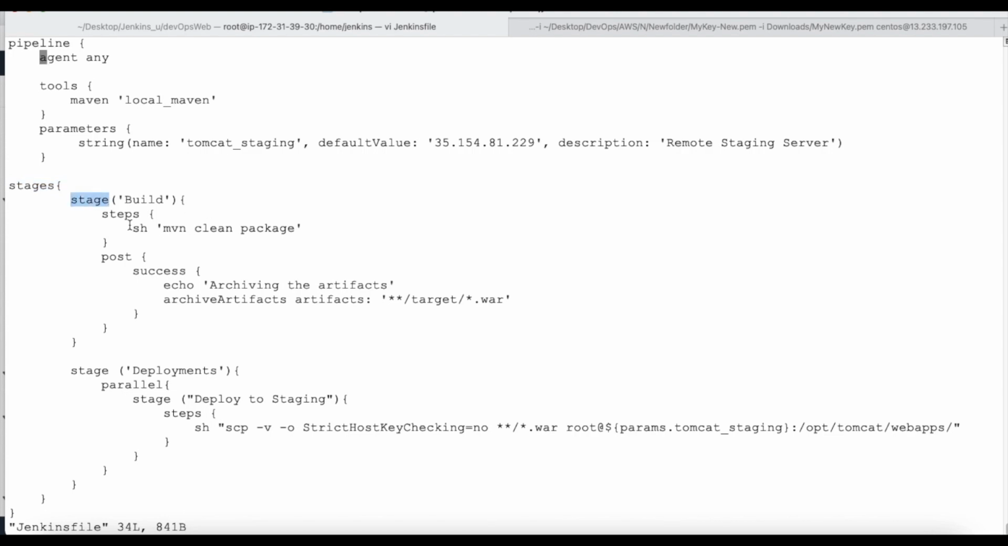So we are going to build the project first, and inside the stage we have multiple steps. In this step we are going to build our project. So I'm going to use the Maven build tool to build the project: mvn clean package. So after the build is success, what happens post success? I'm going to archive the WAR file, archive the artifact. So artifact is nothing but the binary generated after the build is success. So here I'm going to use this command, archive artifacts, and artifact details is